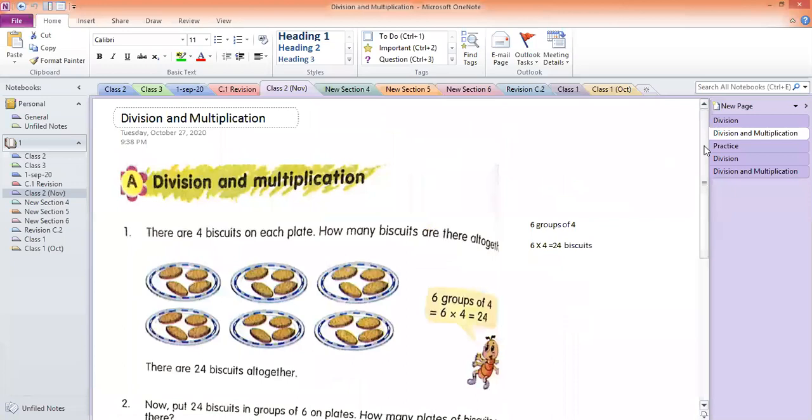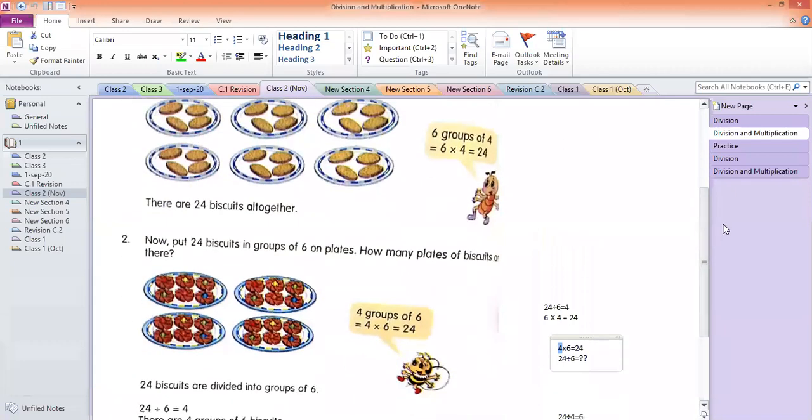When we divide 24 biscuits in 4 plates, we will have 6 biscuits in one plate. And when we divide 24 biscuits in 6 plates, we are going to have 4